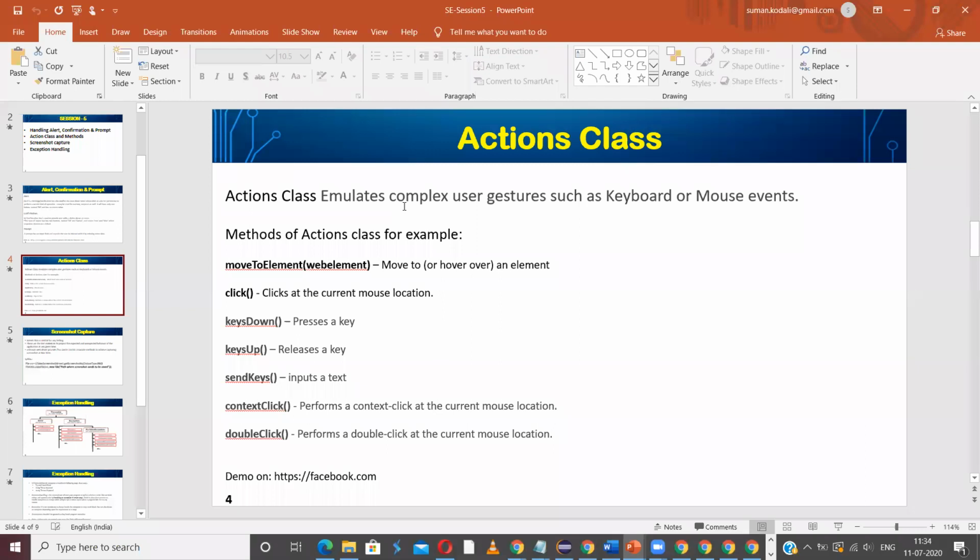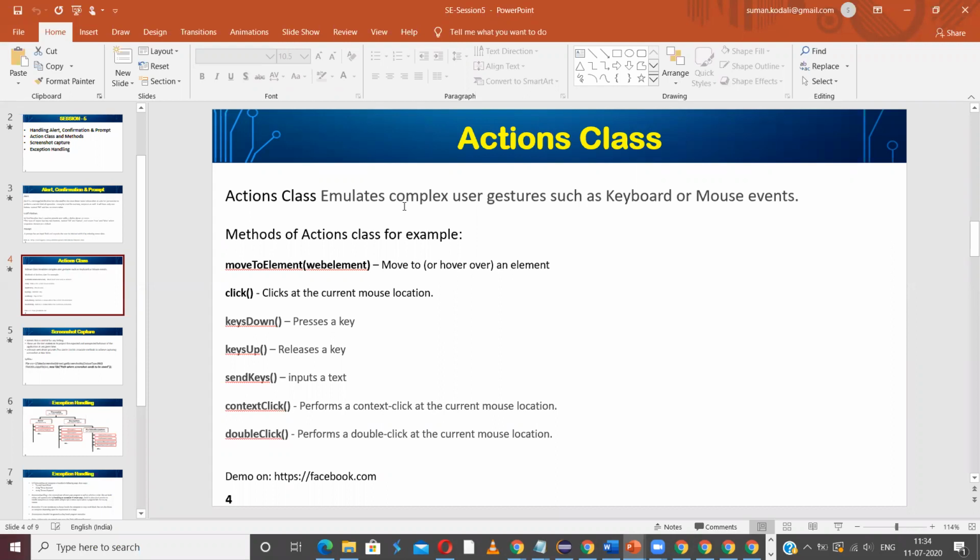Sometimes we need to right click on particular elements and see their properties. For that purpose we use a method called context click, which is nothing but the right click.